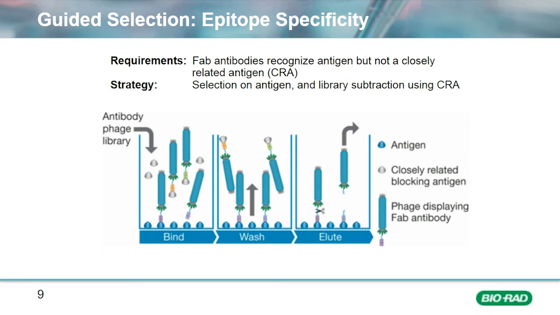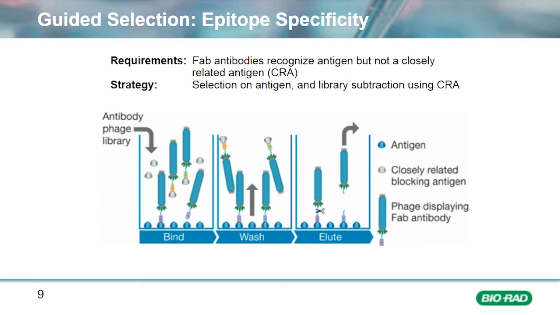So to describe this in the context of a bioanalysis relevant example, imagine that the analyte is a human therapeutic protein that is being measured during a preclinical study in the serum of a non-human primate. And that non-human primate might have a homologous protein which is, say, 95% homologous by sequence. So the challenge is very much to generate antibodies that can discriminate between the human version of the protein and